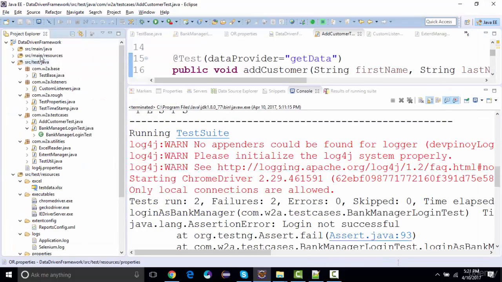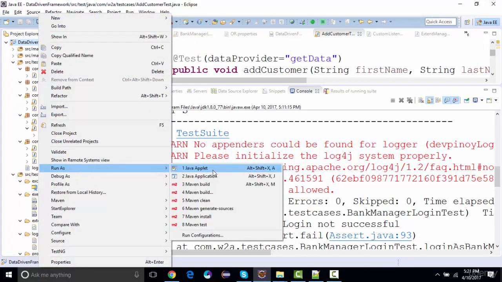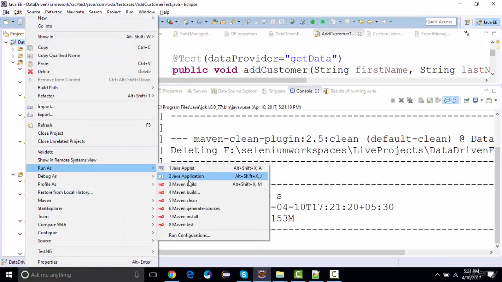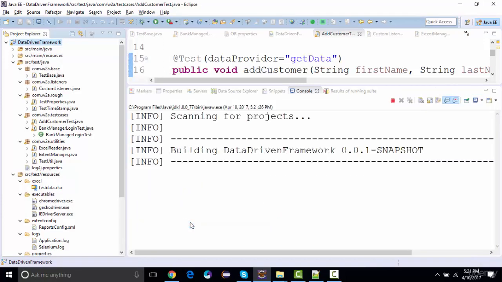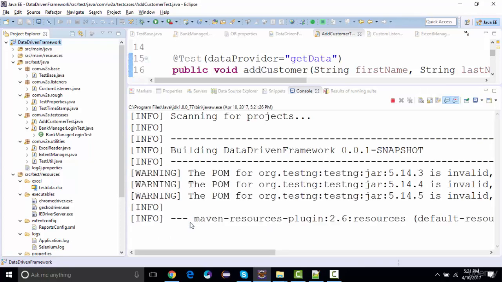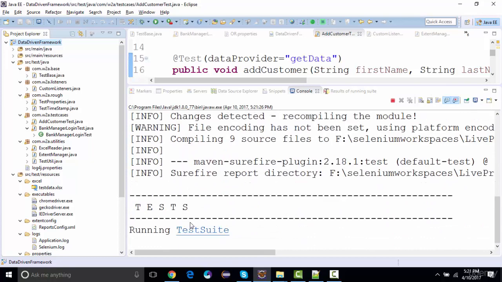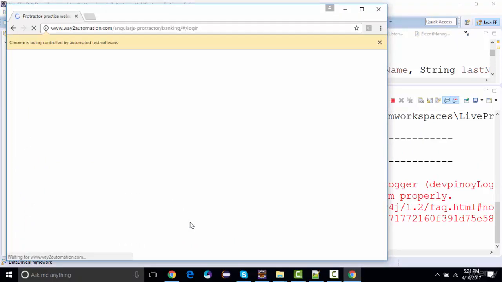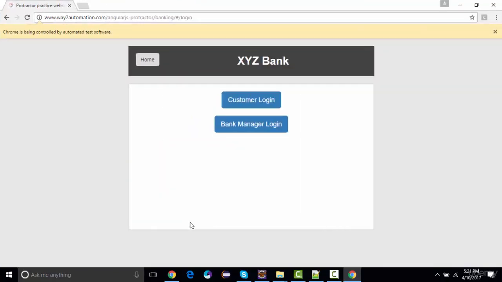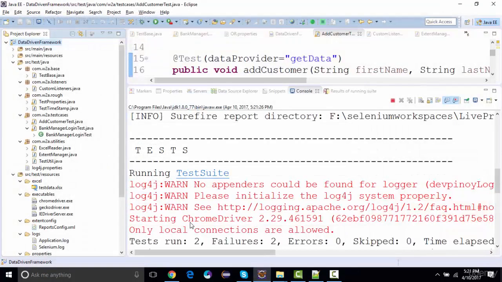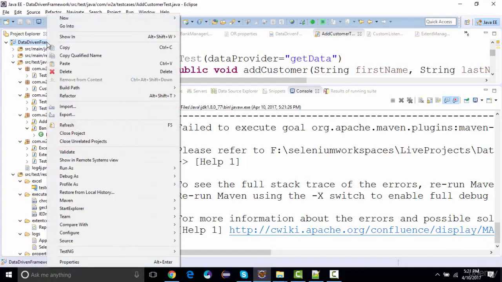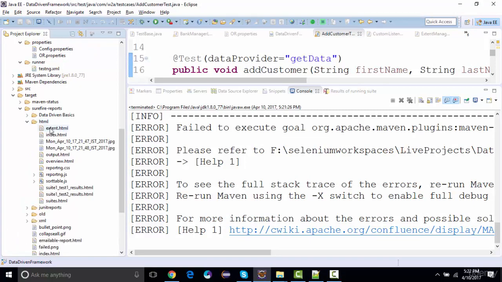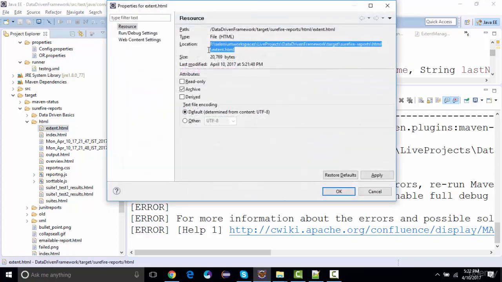So now if we run this project, let's see what is going to happen. If I say run as Maven clean, and I'll say run as Maven test. Right, all the steps are executed. And now if I refresh this project and if I open the Surefire reports, the extent report, now we're going to see